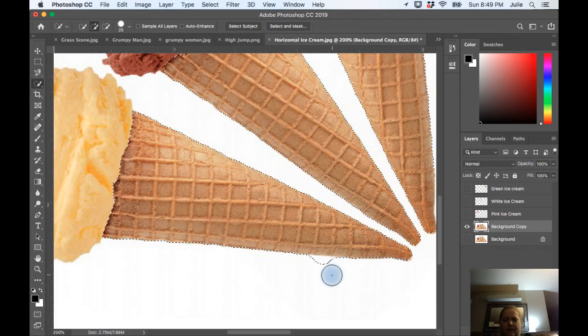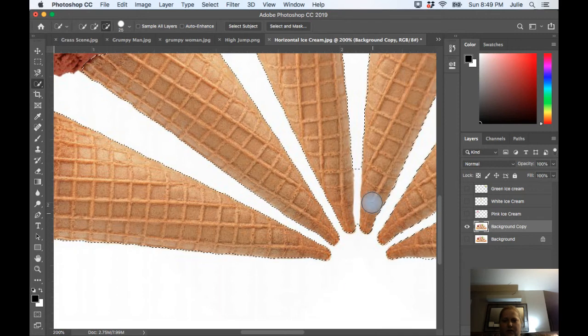If I hit the option button, or I go up here into my options panel and click the minus, subtract from selection, I can then subtract that bloppy part that I didn't want. Oh wait, here I've got it again. There's white in between those. But this time I need to make my selection